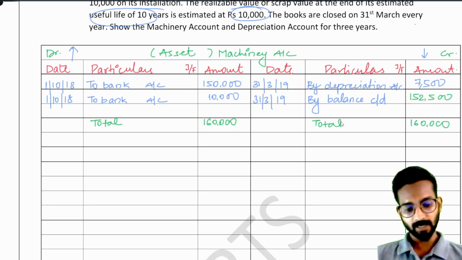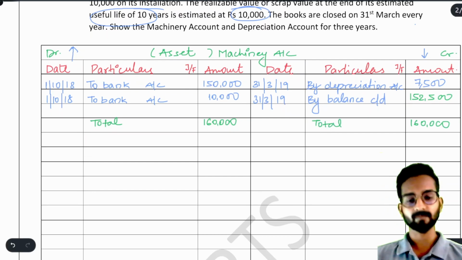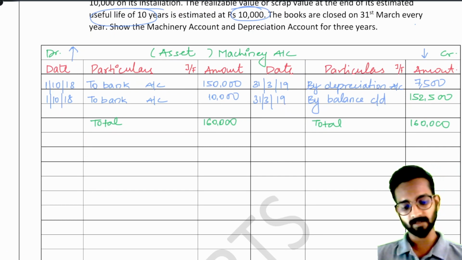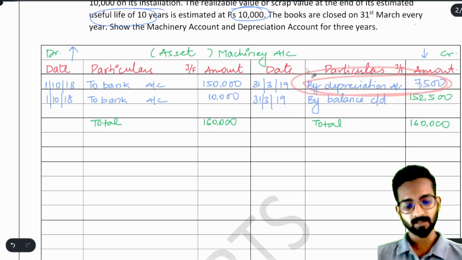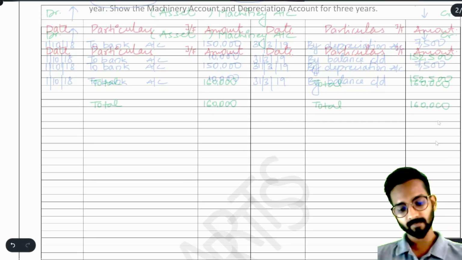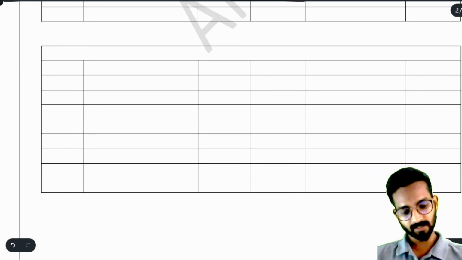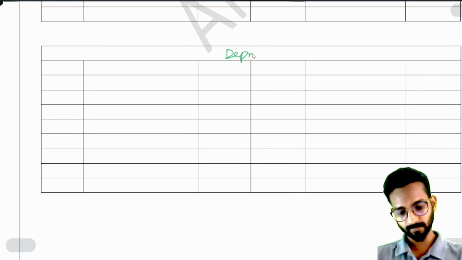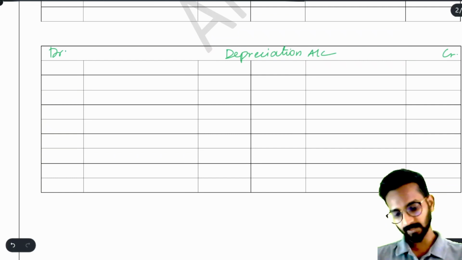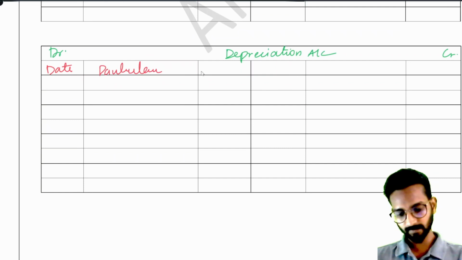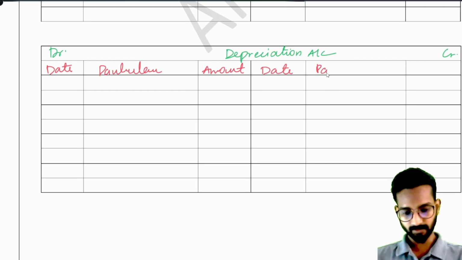Simple enough. Are we forgetting something? Yes, we are forgetting something. See, we cannot say we are forgetting, but I am telling you a method from which you will not forget these entries. See, as soon as you are writing here by depreciation, now go into the depreciation account. We will prepare the depreciation account here. Depreciation account, credit side, debit side, again the same thing: date, particulars, amount, date, particulars,